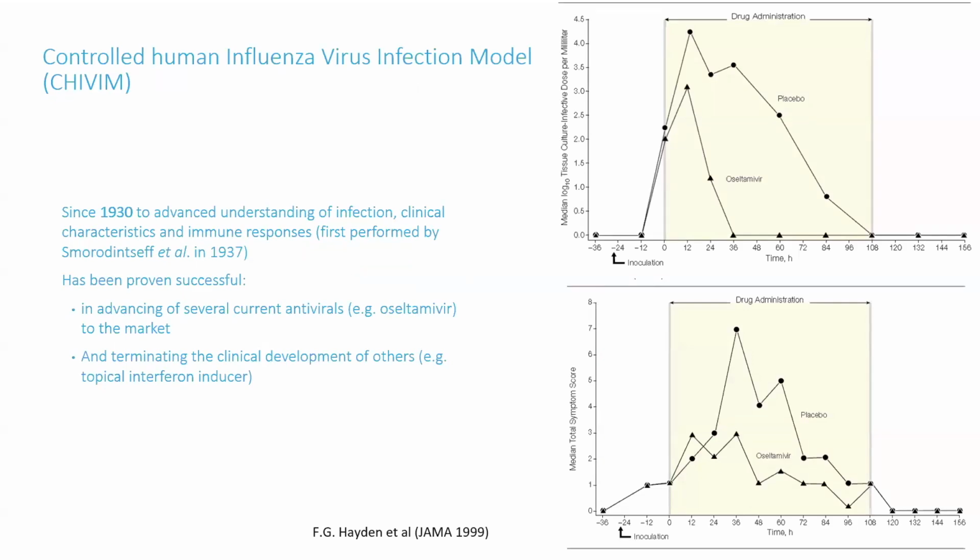What you can also do is develop models for other diseases, such as respiratory viruses. This is not a model that we already have in hand, but we are working on it. It is a controlled human infection model for influenza. This is work from Hayden and others more than 25 years ago. What they showed is that when you infect a person with influenza, there will be symptoms and there will also be a viral load, and that